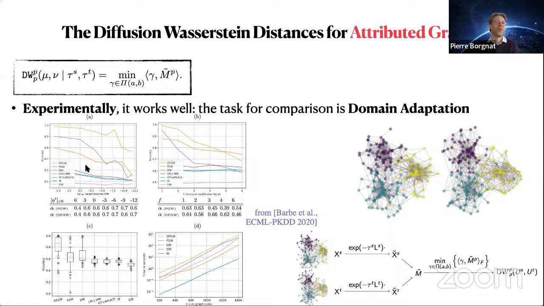And you see that the performance in terms of accuracy of the labeling on the target graph using the labels from the source graph is decreasing, but still you are able to classify that using the diffusion versus time distance, better than using only Gromov-Wasserstein or Wasserstein or the optimal transport using Laplace only. Still, we were not able to have better performance than the fused Gromov-Wasserstein approach, which is quite good, but more